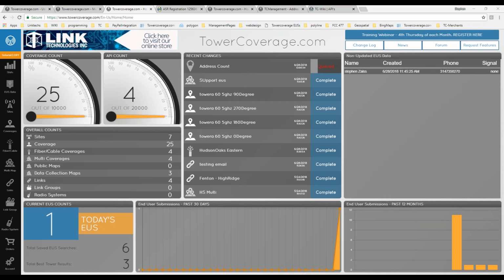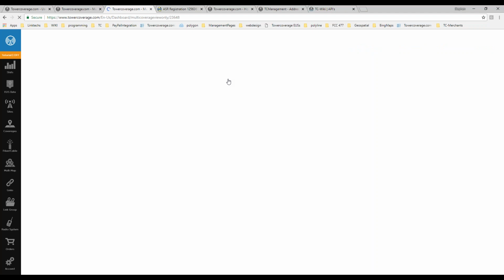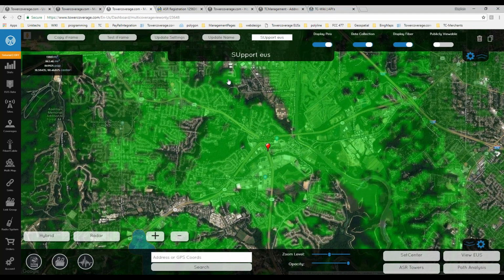Okay, we had one person asking if the iframe uses API calls. The iframe does not use API calls. If you use the iframe for website integration, the iframe will not use any API calls, and the push that we do to your billing system does not use API calls either. The only thing that uses API calls is the actual